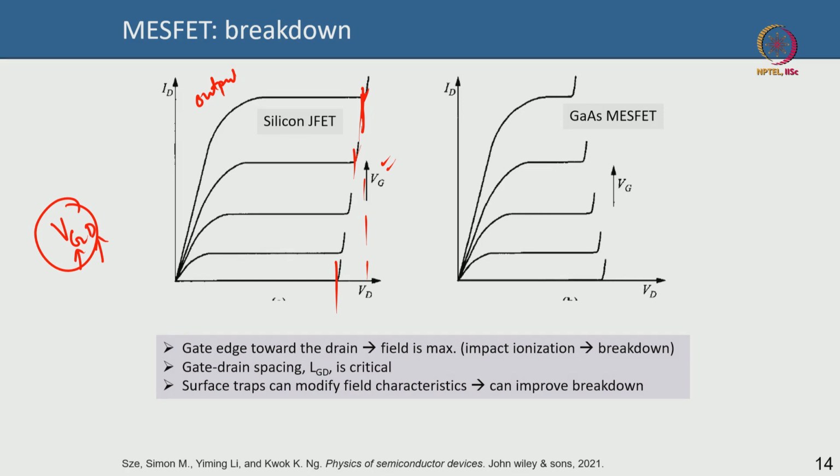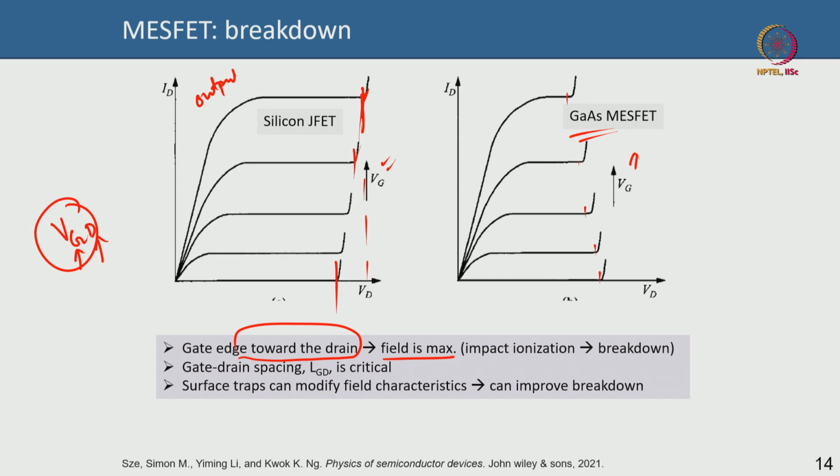Okay. However, in terms of gallium arsenide MESFET, this is not so simple. In fact, it is the opposite, which means typically with higher gate voltage you will actually get a lower breakdown voltage, and this is very remarkable. So we have to understand that in a MESFET or even in any other FET, the gate metal which has the edge towards the drain has the maximum electric field, because all the field lines terminate there. All the field lines in the depletion region will terminate at the gate metal towards the drain side, facing the drain side. So the field is highest at the edge of the gate metal towards the drain, we call it the drain edge of the gate,